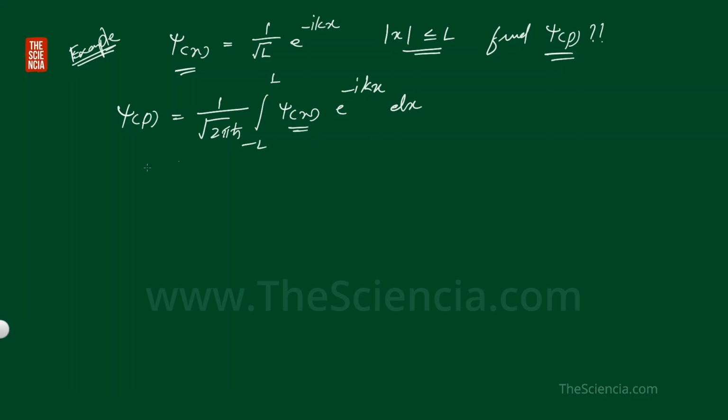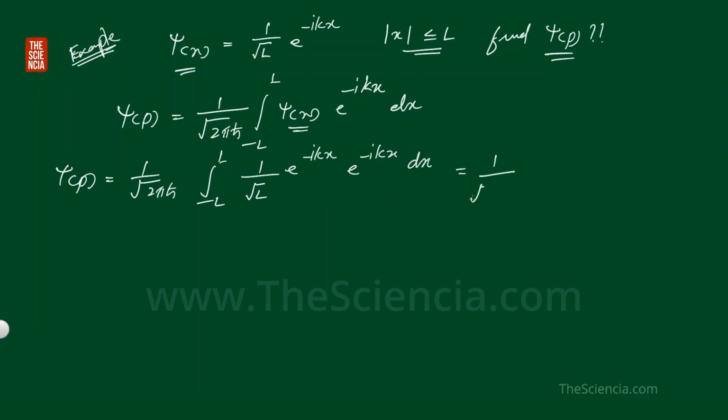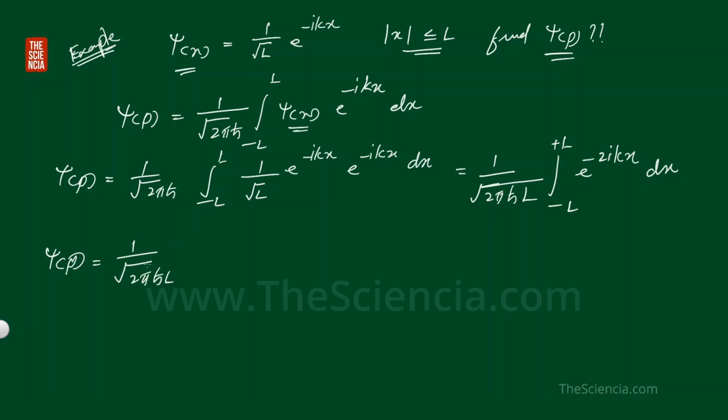Now we have to substitute for this psi of x, that is psi of p is equal to 1 by root 2 pi h cross integral minus L to L of psi of x, which is equal to 1 by root L e raised to minus ikx, into e raised to minus ikx dx, that is equal to 1 by root 2 pi h cross, and we can take 1 by root L outside, integral minus L to plus L e raised to minus ikx into e raised to minus ikx, that is minus 2ikx into dx, that is psi of p is equal to 1 by root 2 pi h cross L into